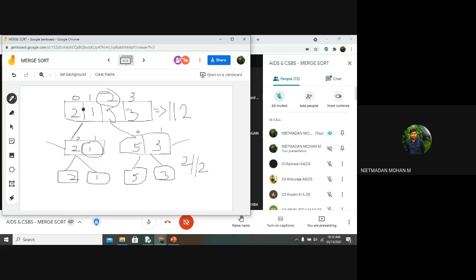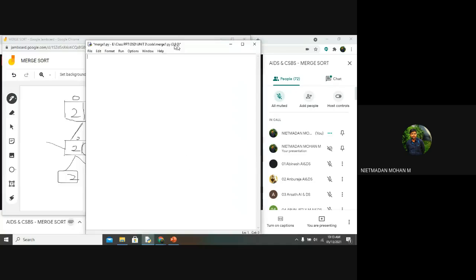For this, I want to start with the code. When I write the code, I want to get an input from a user, and after getting the input, I want to do the splitting operation. So I am going to write code for only this process. You need to clearly understand this in the merge sort algorithm. If you do not understand the concept, you will not be able to understand what I am using inside the function. So I am going to explain from scratch. Just listen to what I am doing.